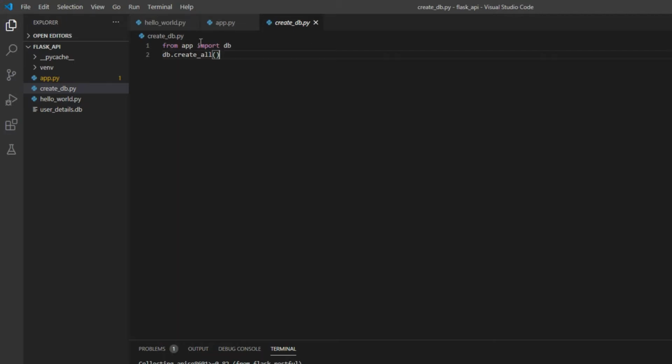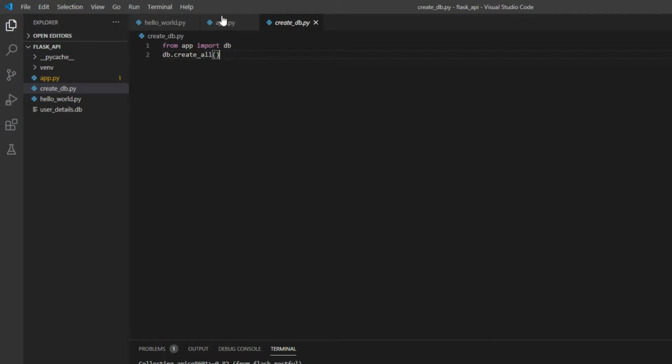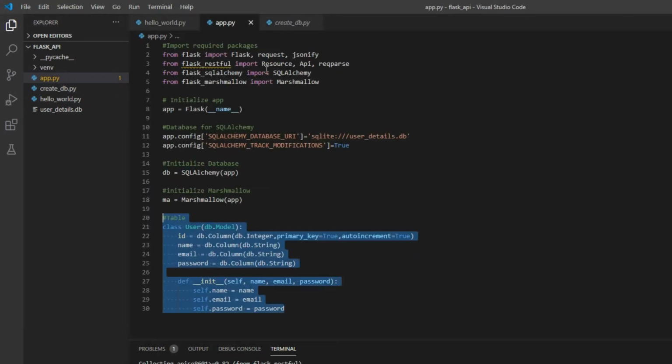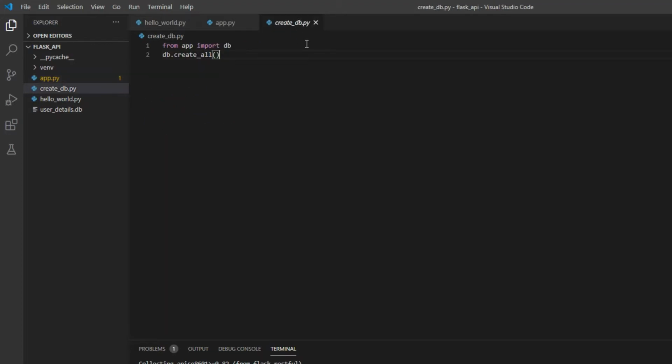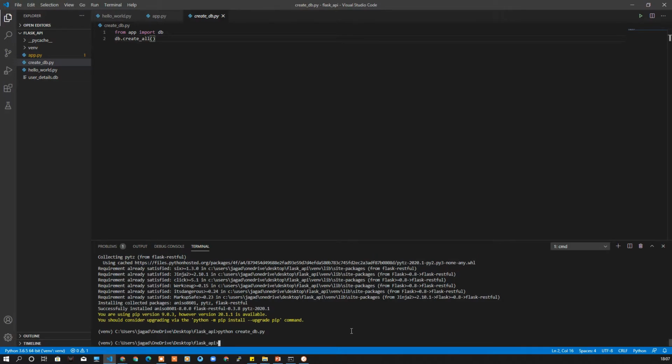From app we import db, the SQLAlchemy database. Then db.create_all will create every class that inherits from db.Model, meaning this table is going to be created. Let me execute it: python create_db.py. It will create the database. user_details.db is our database, so we have created the database.